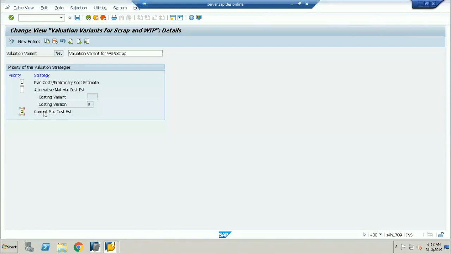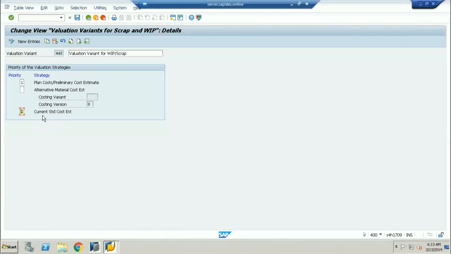CK11N and CK41, I discussed that. In the last class, we discussed CK40N. CK40N is the material cost estimation for the bulk materials. CK11N is the material cost estimation for the single cost estimation here. There will be different types of material cost estimations: planned material cost estimation, preliminary cost estimation, simulation planned cost estimation, alternative planned cost estimation, standard planned cost estimation, depending upon the requirement. So we have different types of planned cost estimations. For standard cost estimation, definitely every month end you have to do it either with CK11N or CK41.